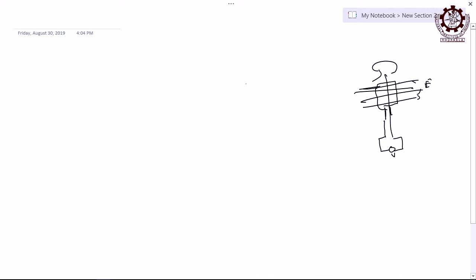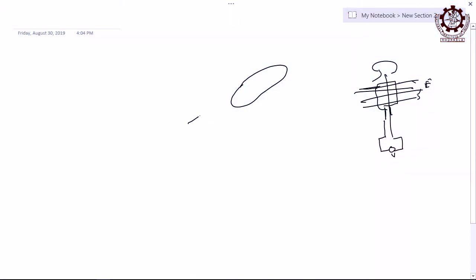Another thing. Suppose, for example, there is an object, a hollow object, not solid, and the field lines are going like this. Then what will you get with the linkage of flux with that kind of object? Could you follow me what this is? This is a hollow object, not solid.